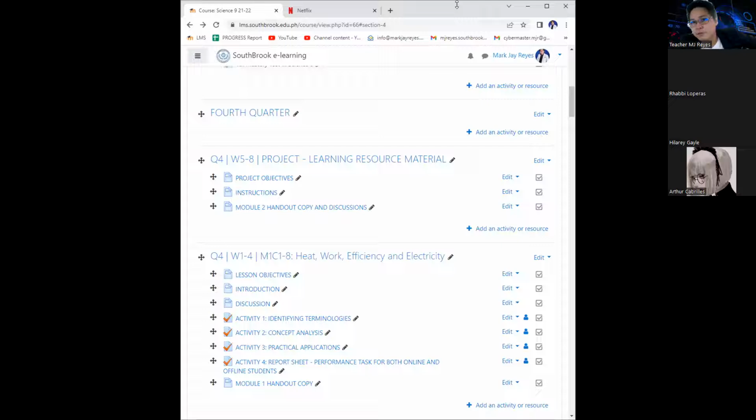EJ, please check also your other subjects, other quarters also, everybody. I am reminding everybody again to check on your outputs or your activities in the previous quarters. We have 4 quarters in a year. Inside those 4 quarters are activities and performance tasks. Again, the absence of one performance task would mean a failure also in the subject, right?